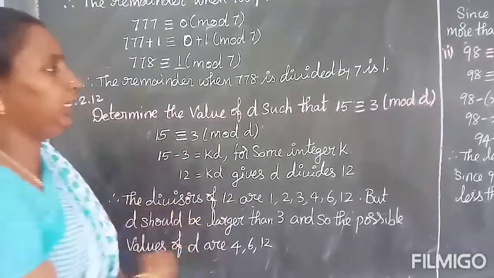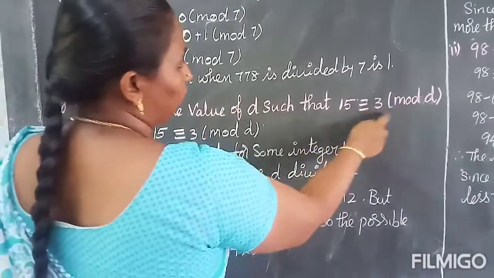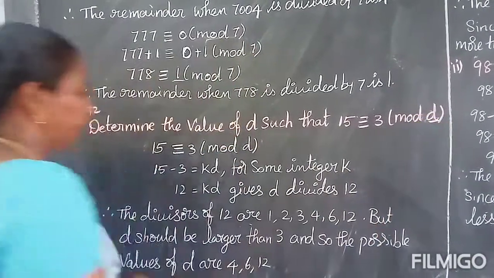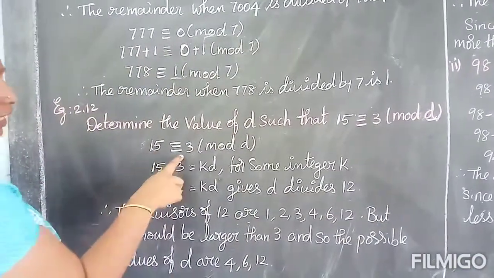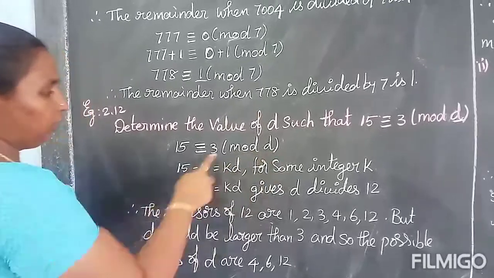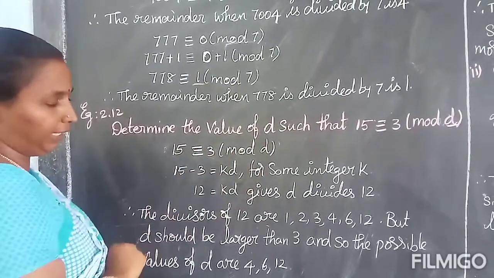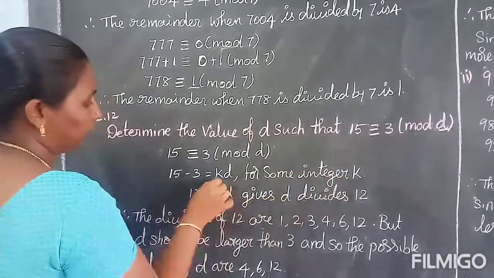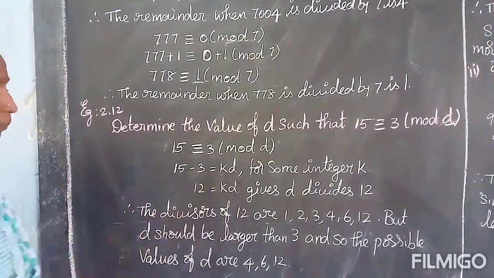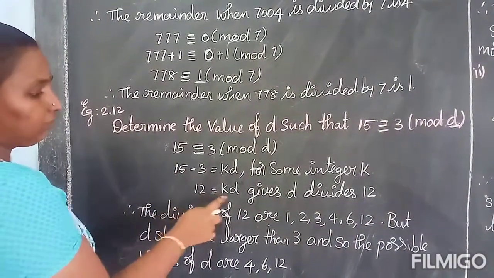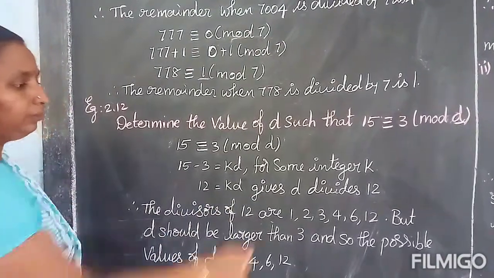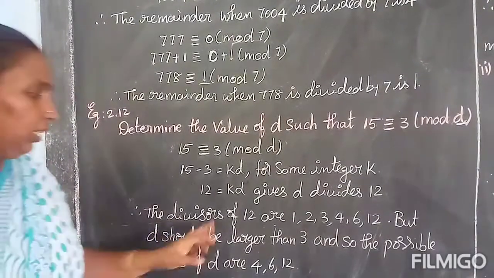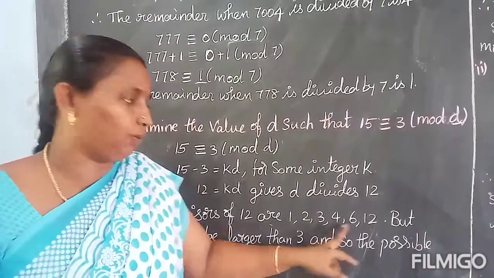Determine the value of D such that 15 is congruent to 3 mod D. So we are going to determine the values of D. Okay. You can write the given 15 is congruent to 3 mod D. So you know that 15 minus 3 is divisible by D. So you can write 15 minus 3 equal to KD for some integer K. Here I take the integer as K. Okay, so 15 minus 3 is 12. 12 equal to KD gives that D divides 12. Okay, so what are the divisors of 12? 1, 2, 3, 4, 6 and